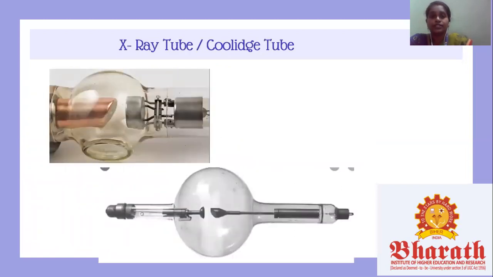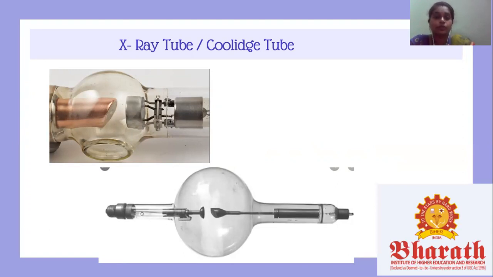The first is the X-ray tube or Coolidge tube. You can refer to the diagram. This is an X-ray tube or a Coolidge tube, which is made up of glass. The characteristic features of this Coolidge tube are its high vacuum and use of a heated filament as the source of electrons. There is so little gas in the tube that it is not involved in the production of X-rays, unlike the situation with cold cathode gas discharge tubes.